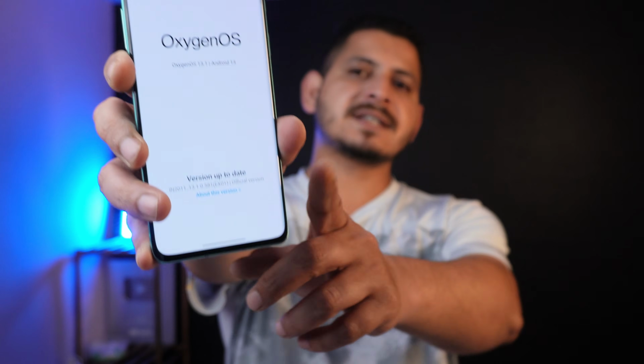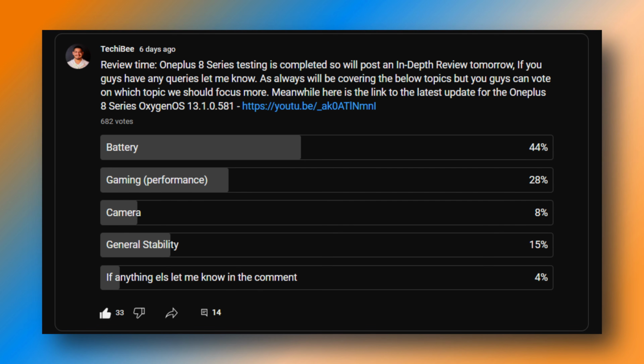So here you can see this is my OnePlus 8, which is running on the latest build of OxygenOS 13.1, which is version .581. And as always, before any review video, we create a community post in which we ask you guys about what all things to be more focused on, like battery segment, etc. And the same thing we'll be doing in this video. We'll cover general stability, battery part, camera, gaming, and we'll also take a few important questions from that particular community